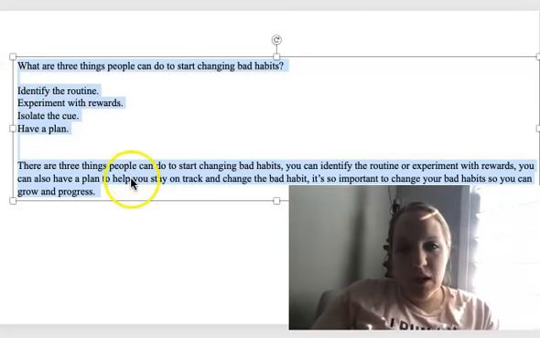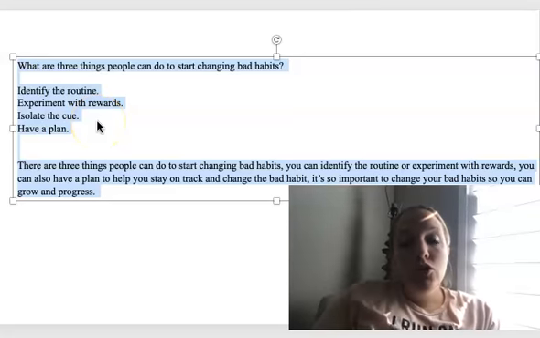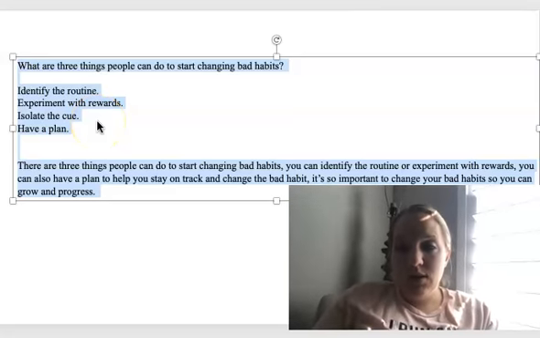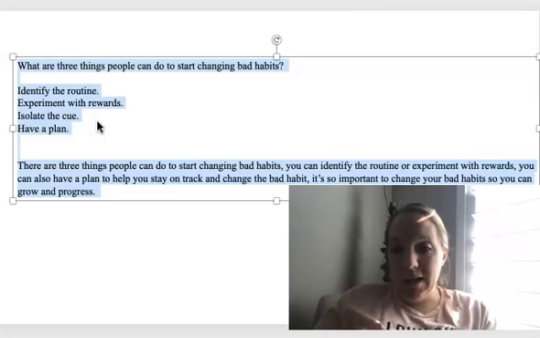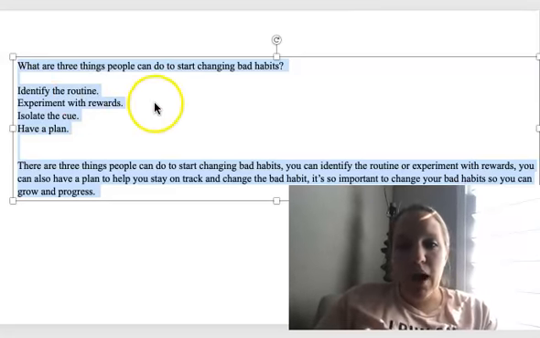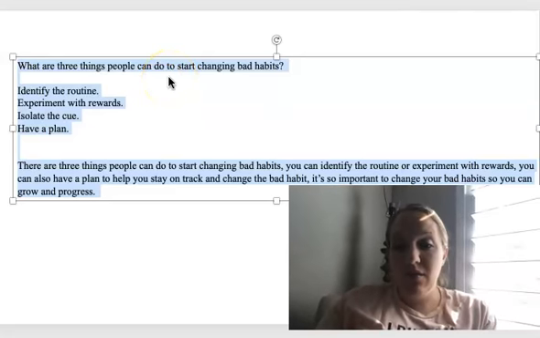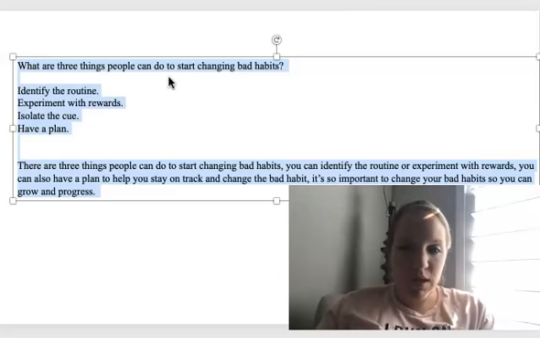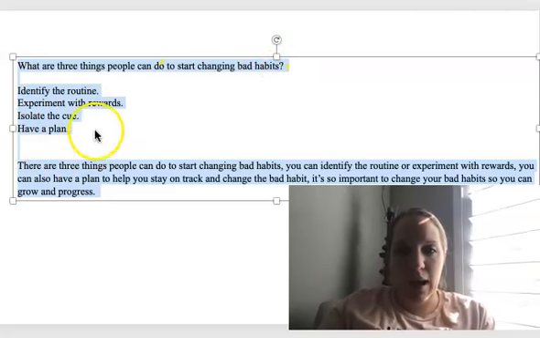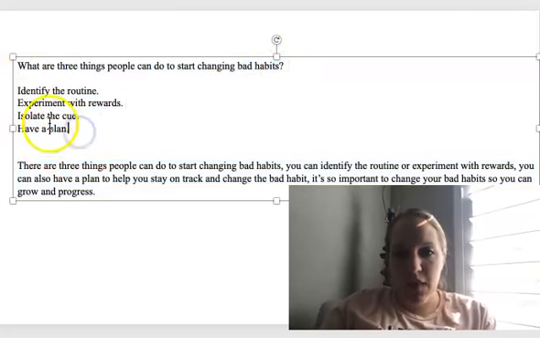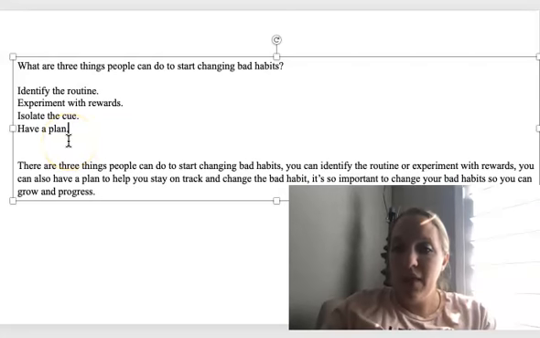My second tip, thing I noticed I wrote about here. So many run-on sentences. Run-on sentences are sentences that should be 3 or 4 sentences that you have combined into one by separating them with commas instead of periods. I want you to notice here, in this lesson 6, we're talking about your next paper, which you are not writing the whole paper until week 10. And I chose the topic, what are 3 things people can do to start changing bad habits? I copied here some of the things to help me remember that I read about in the lesson.